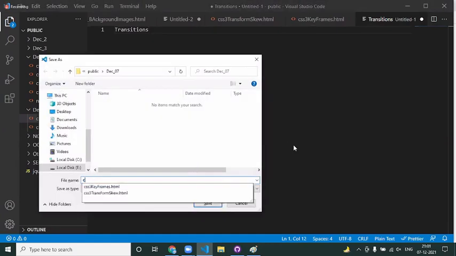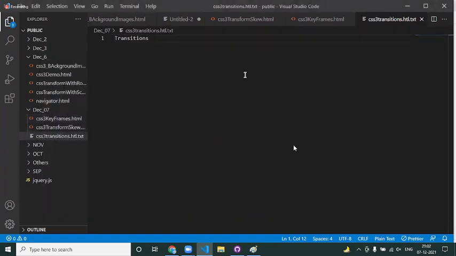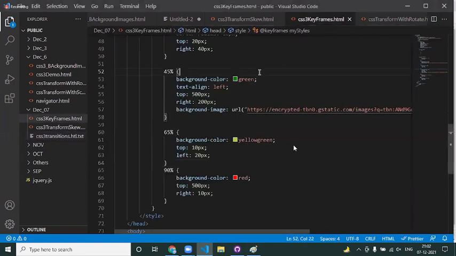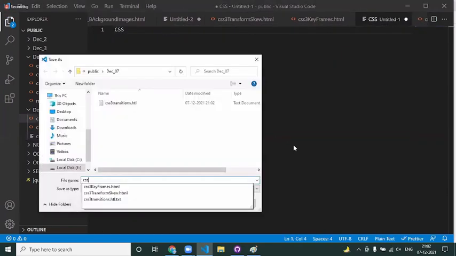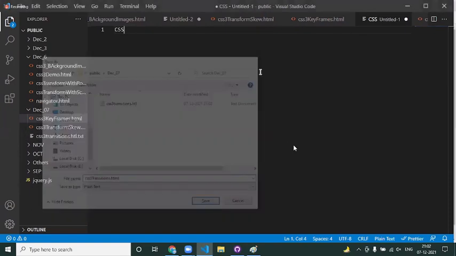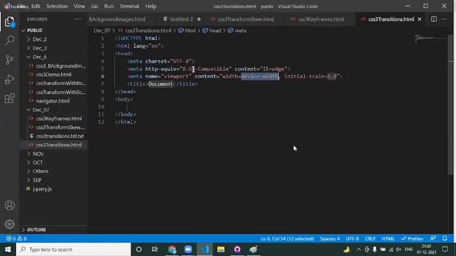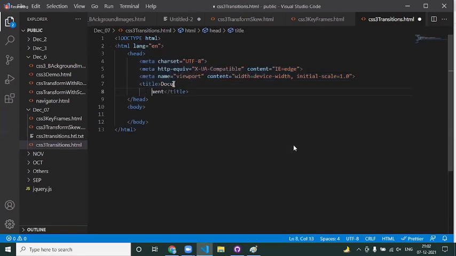Let's have a look at it. So let me define a container again.